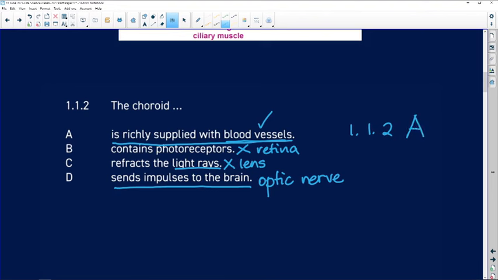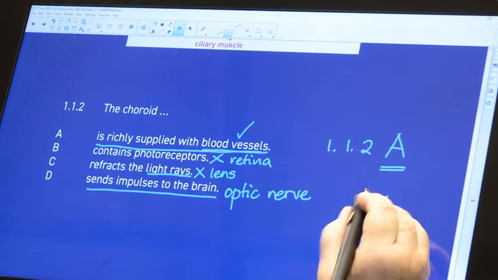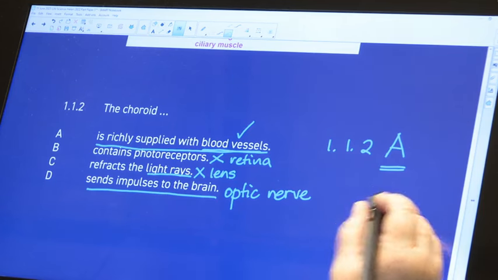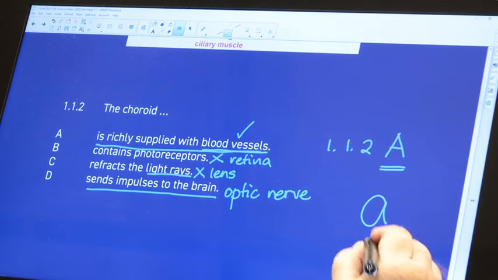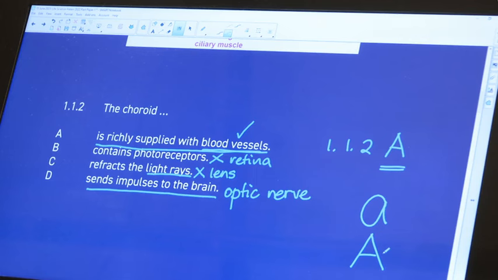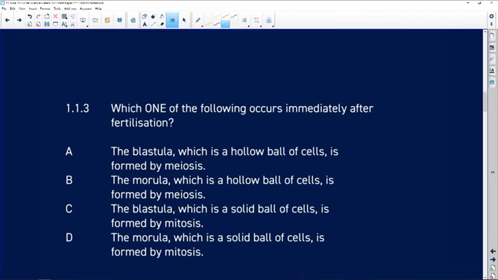Grade 12s, I want you to remember that when you write your multiple choice A, B, C, or D, please make it as clear as possible what letter you are writing. Don't do the A like that. Make sure that they are clear, unambiguous capital letters. You don't want the examiner or your marker guessing what your answer is. Make it as obvious and as clear as possible. Moving on,